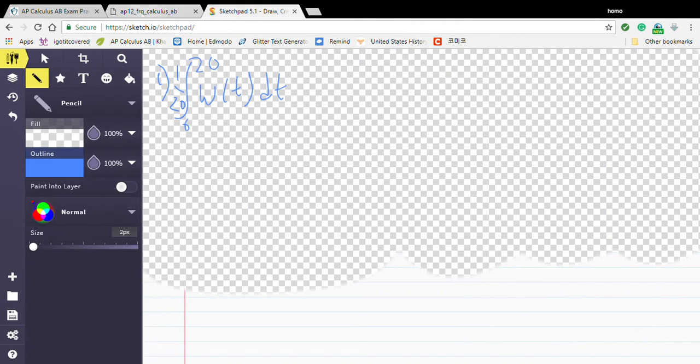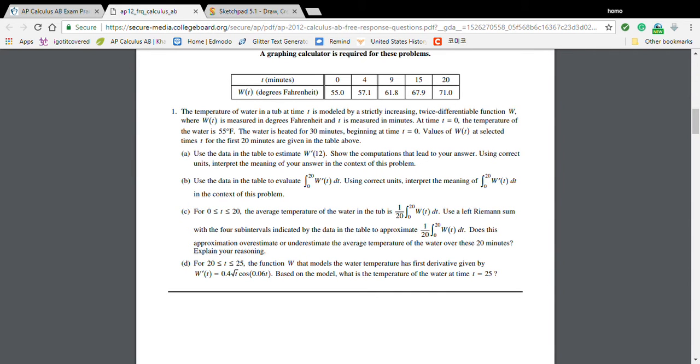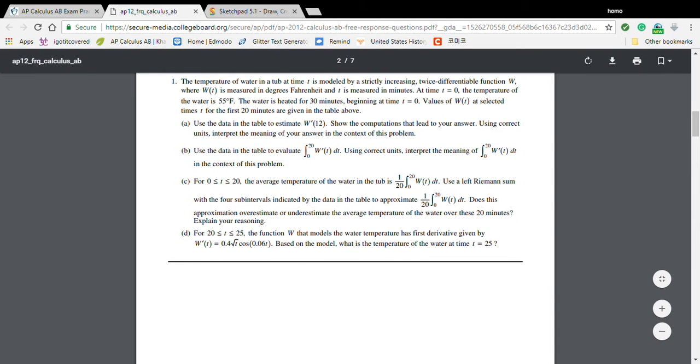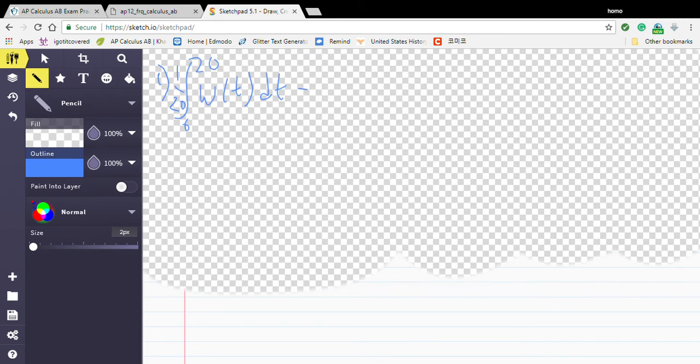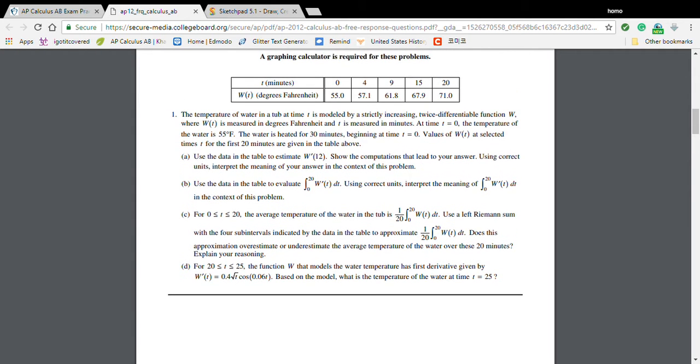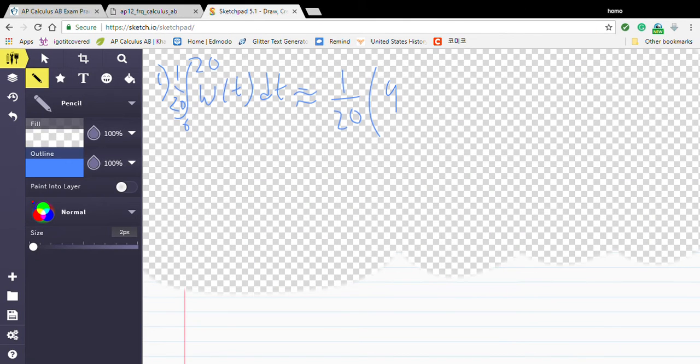1 over 20. Are we supposed to interpret the meaning of this? No, we're not supposed to interpret it. We're just given this. So we're approximating using a left Riemann sum, and never forget 1 over 20, because this is what they gave us. So 4 minus 0 is 4, times 55, plus 9 minus 4 is 5, times 57.1,